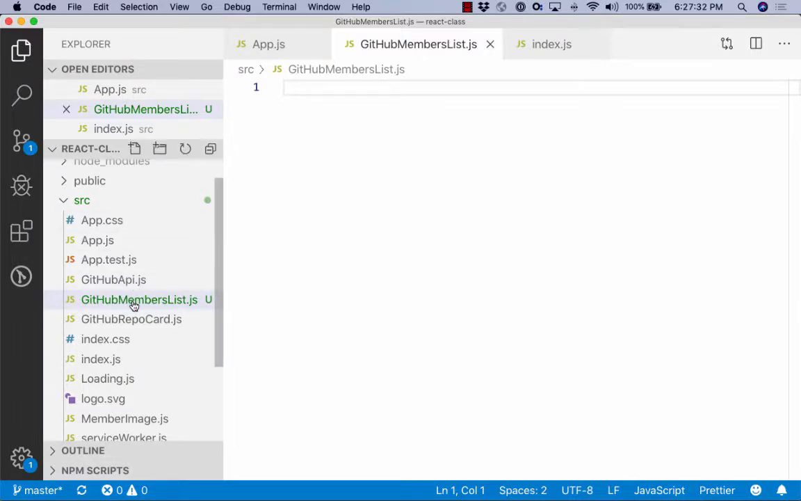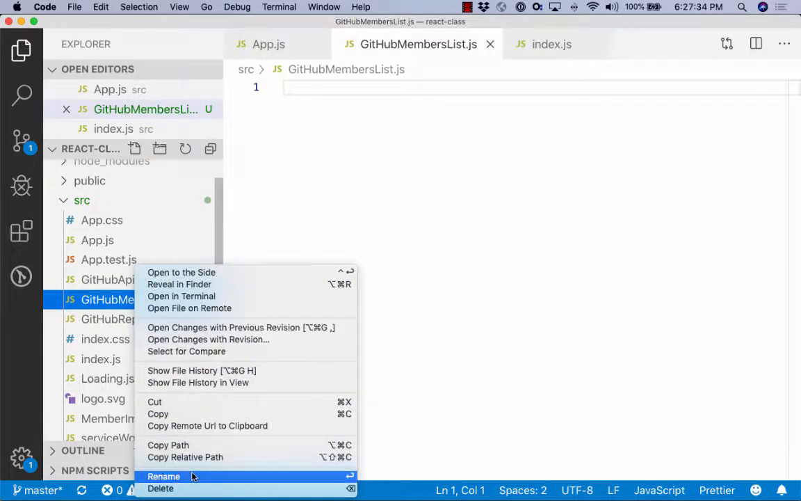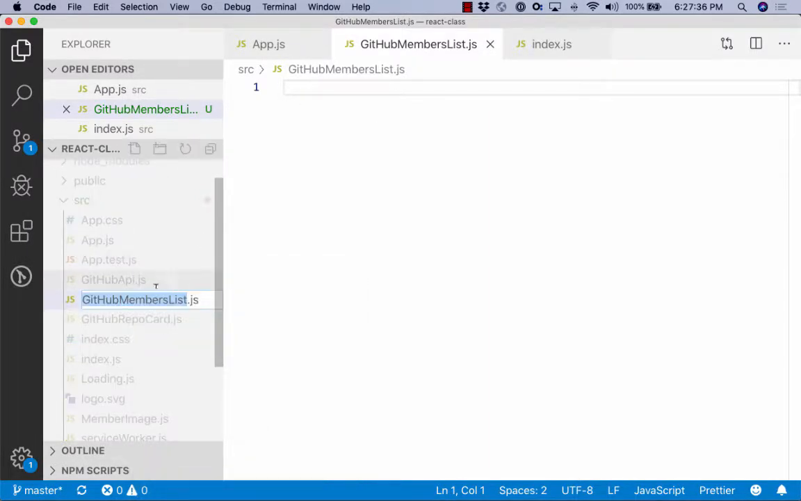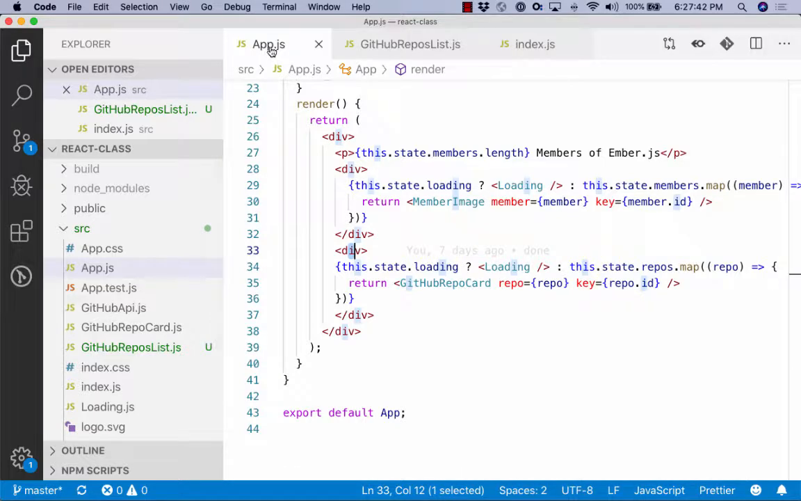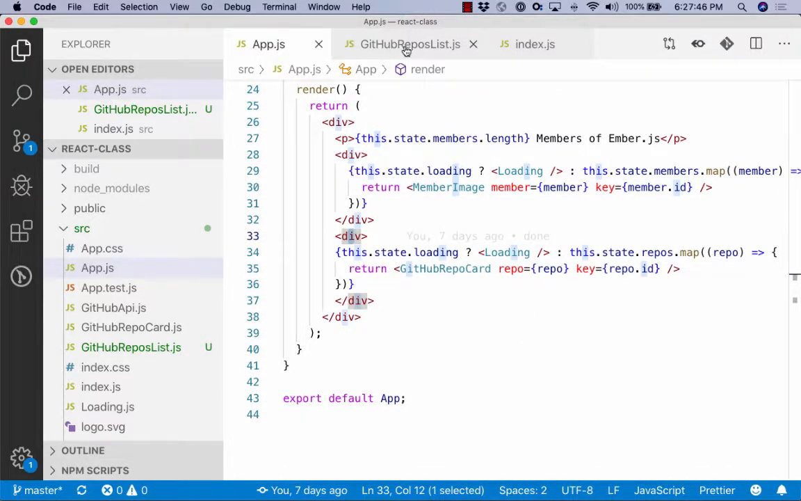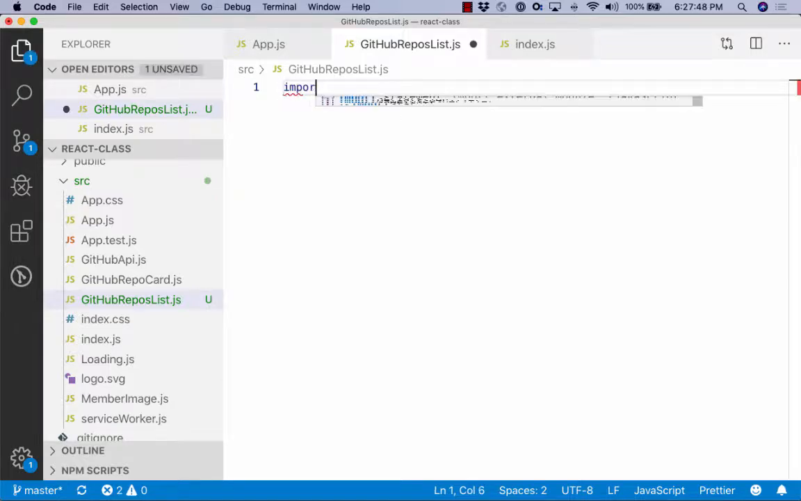Actually, you know what? Let's rename this to GitHub repos list. I'm actually going to delete the member stuff in a minute, so we'll do this one. Okay, so in here we have to import React, so we're going to say import React from React,